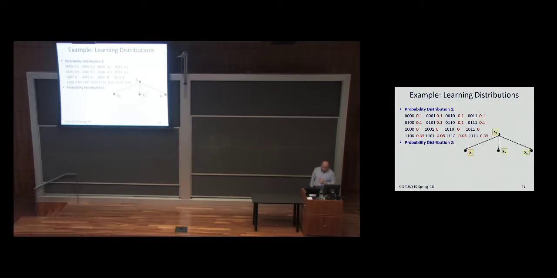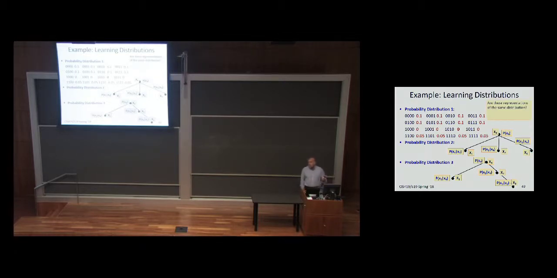Here is another probability distribution over 4 variables. In fact, this is a family of probability distributions over 4 variables because I didn't give you the conditional probabilities yet. Now I did. If these were numbers, this is another probability distribution over 4 variables. Here is another one. So now you have 3 probability distributions. I can ask you, are these the same distribution?